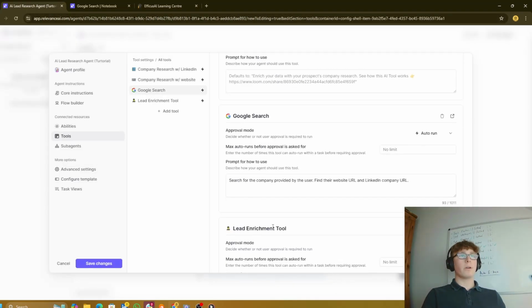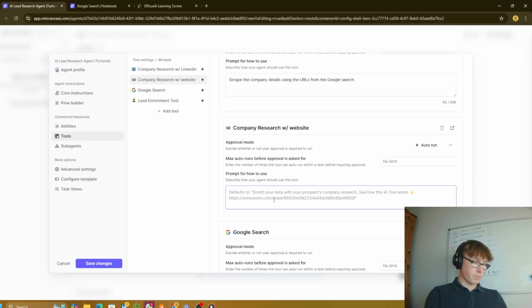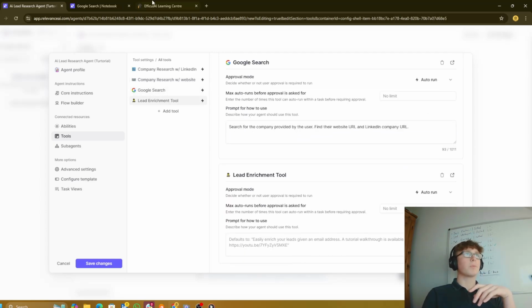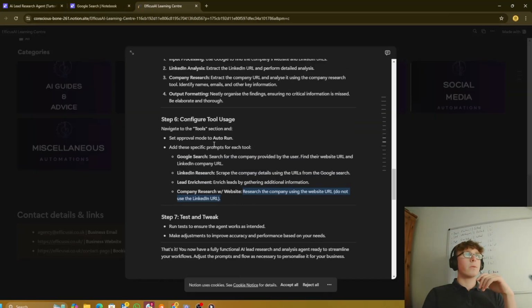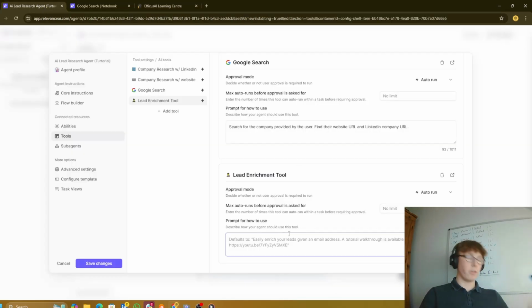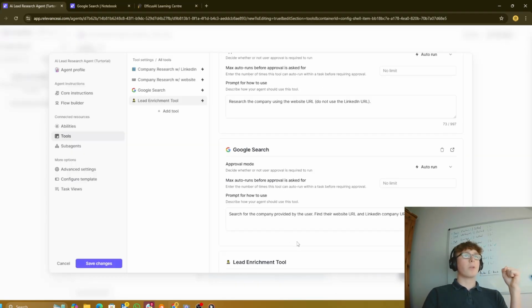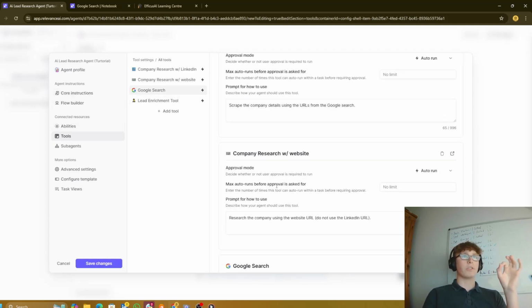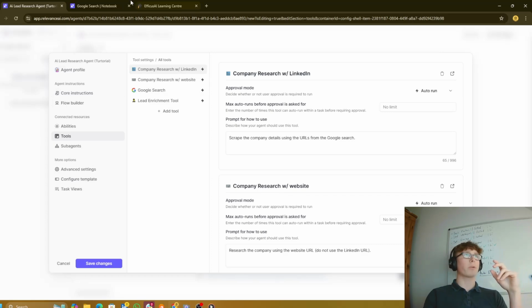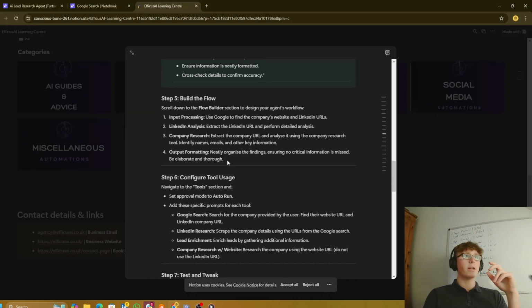And the company research with the website, we're going to copy that as well. And we're going to come down, where did it go? There it is. We're going to paste it here. And then the last one, the lead enrichment tool. Where are you? There you are. Enrich leads by gathering additional information. Just very, very basic prompts, but these models are smart and it kind of understands the gist of things. So now we have an agent created. It has core instructions and it has tools. So we could in theory use it now, but to add some additional functionality